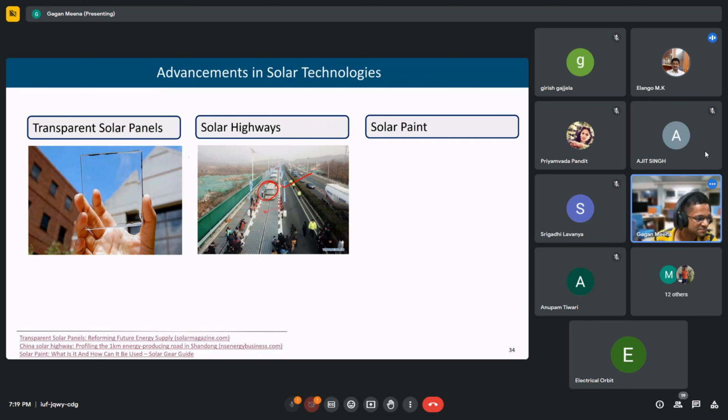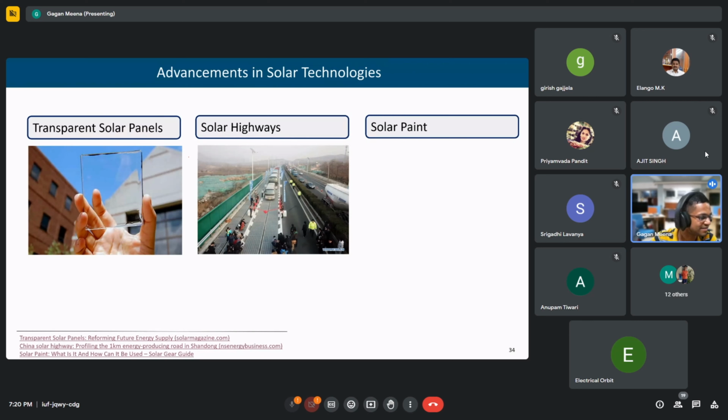Sir, what about the cost aspects? When we consider the cost of PV cells, it is costlier. That is the main drawback of a PV cell. While we go for advancements in PV cells like transparent solar panels and solar highways, what is the cost involvement? Again, it becomes a huge cost. So it will take some time to become commercialized, but still they have started developing. Maybe in the next 5-10 years we will see them being deployed throughout the world.